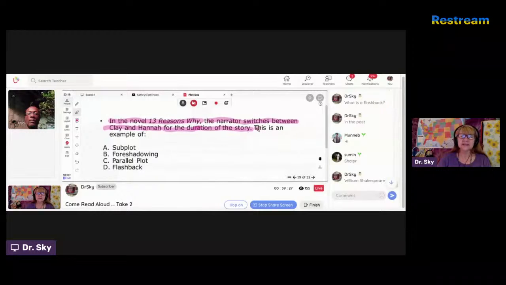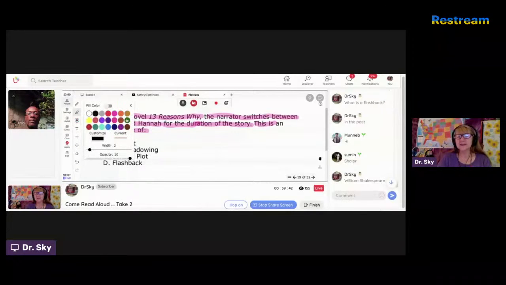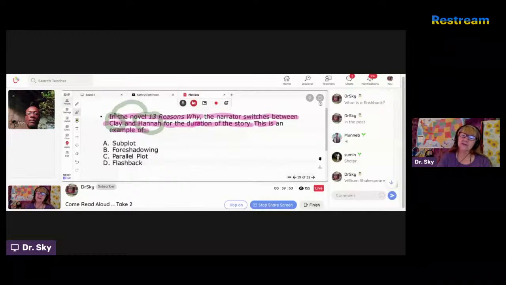This is an example of, okay, what is it? He switches between the two people. We have Clay and we have Hannah. You know what it reminds me of? It reminds me of watching a tennis game. It goes back and forth from Clay to Hannah to Clay to Hannah.